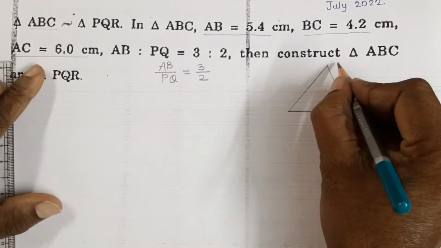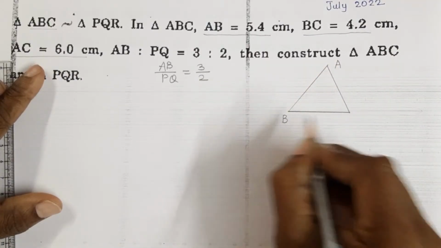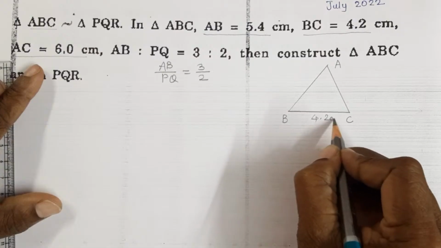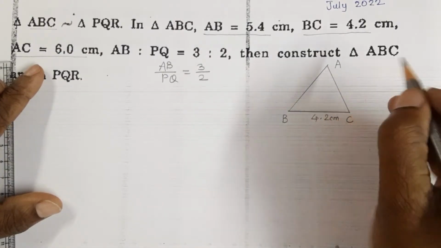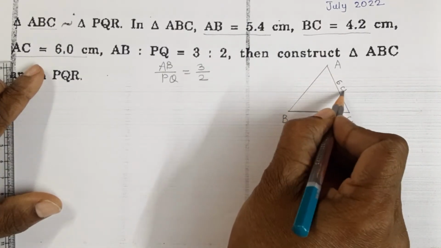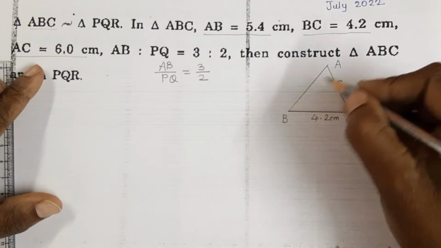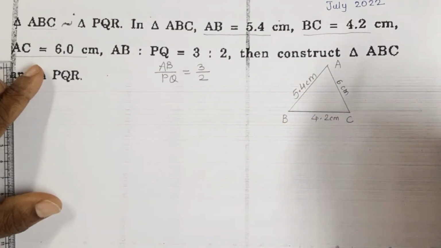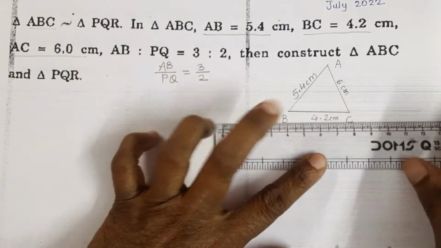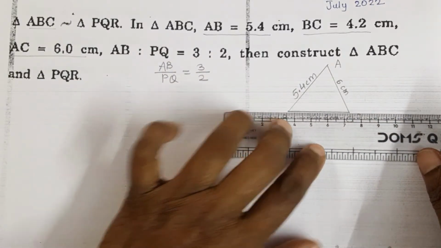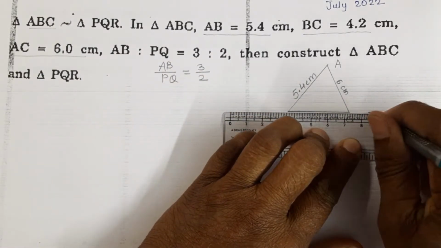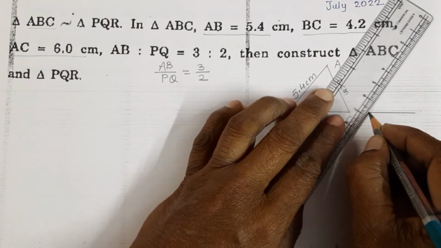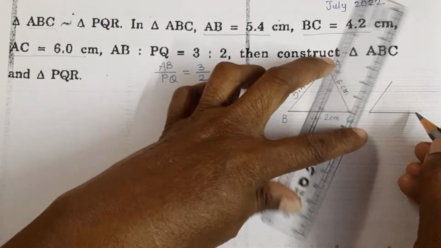So here A, B, C. Here BC is 4.2 centimeter, AC is 6 centimeter, AB is 5.4 centimeter. Okay, students, and then we have to calculate. Calculation is remaining, students. After calculation we can draw the triangle